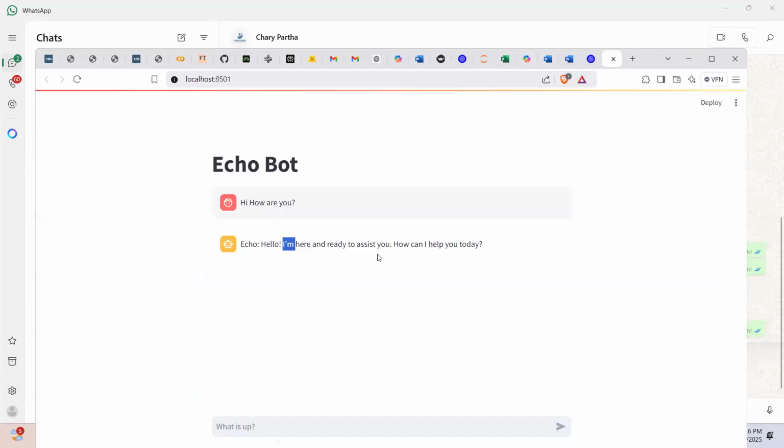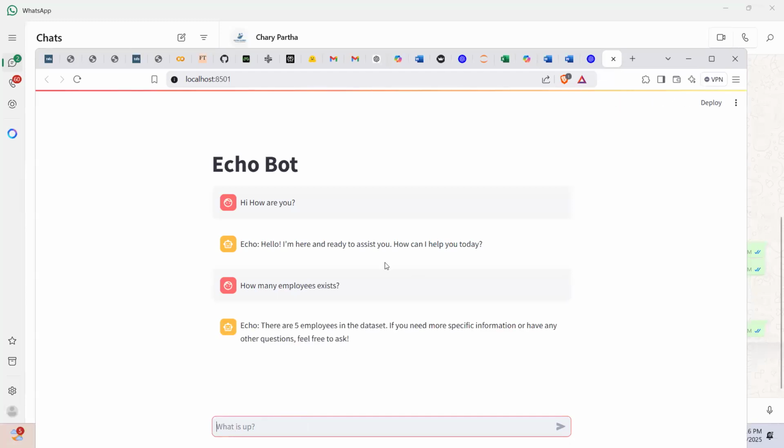So Streamlit is here. How many employees exist? See, there are 5 employees in the dataset. If you need more specific, you can ask. Like,